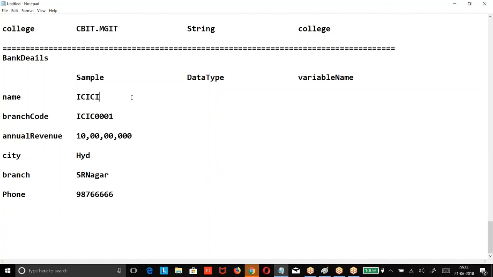So what we are taking was name, ICICI, as string. Then we had a branch code, string. Why? It has a combination of other than numerical value; anything like that will become your string. Annual revenue. Now I want to take a long. It is a longer value. City.